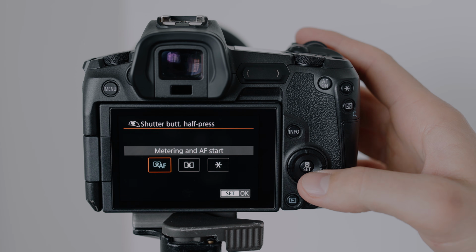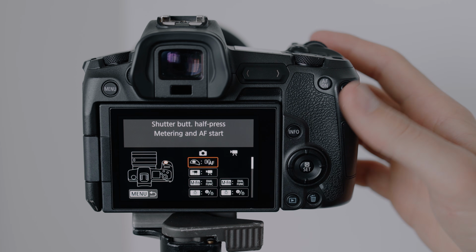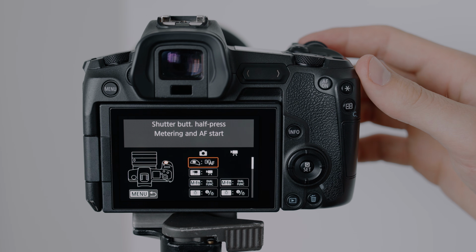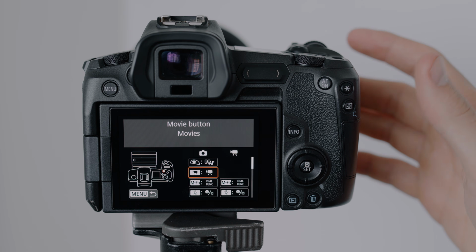Now the first thing is the half press of the shutter. We're gonna have that start the autofocus. I think that's pretty standard. The movie button is gonna be starting movies. That's pretty straightforward. The MFN button, which is actually up on top of the camera right next to the shutter